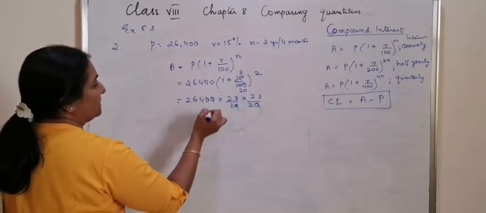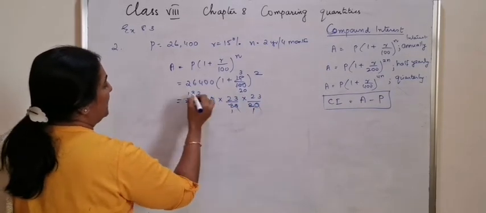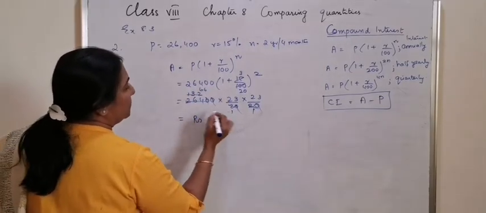So 2 zeros by 2, 132, 1, it is 66, which is equal to rupees